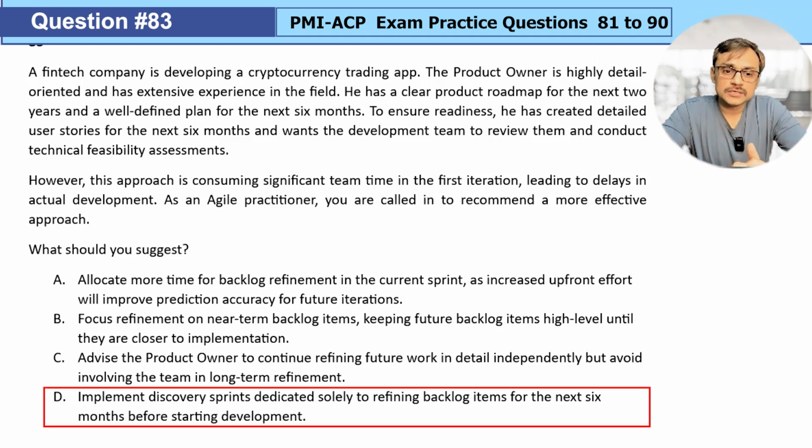Option D, implement a discovery sprint dedicated solely to refining backlog items for the next 6 months before starting development. Now, some organizations end up doing it, but you should not be doing it, at least for the exam, unless there is a clear understanding that they want to apply a hybrid approach or a non-agile approach. Then there could be a situation here. But in general, when I'm just getting tested on the idea, I better be more aligned to agile values and